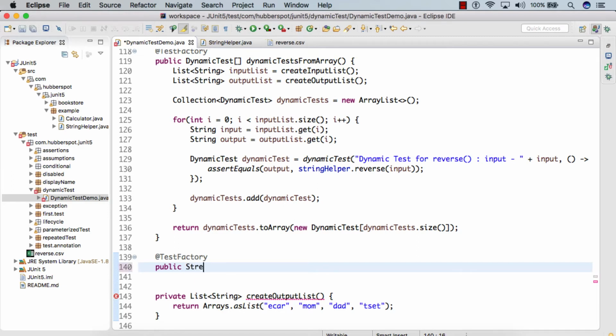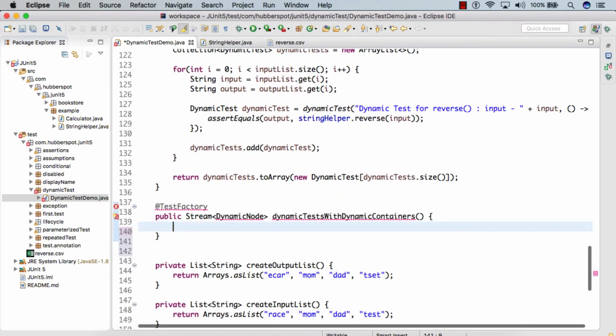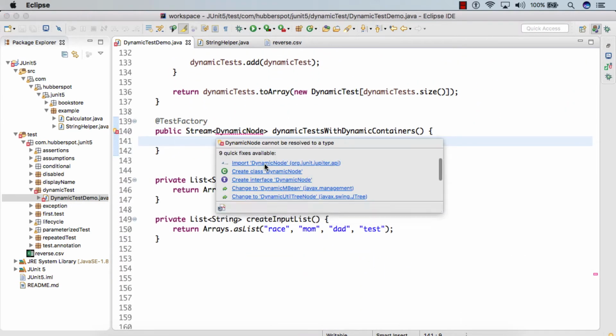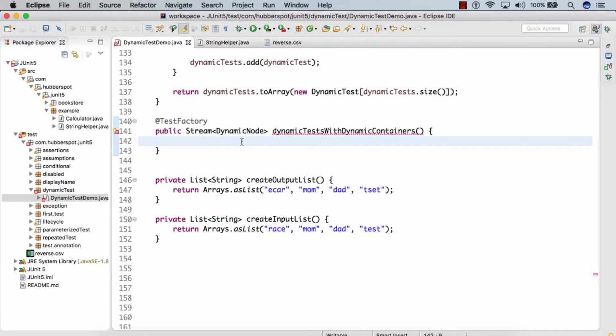So here we are simply returning a stream of dynamic node, and we'll give the test name as dynamic test with dynamic containers. Here we'll import the dynamic node, which is parent to dynamic container class.